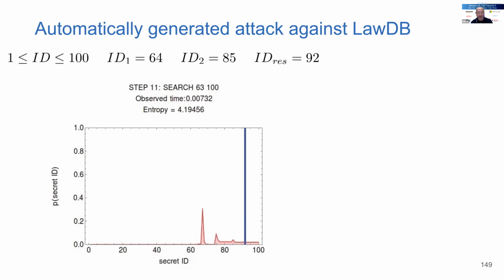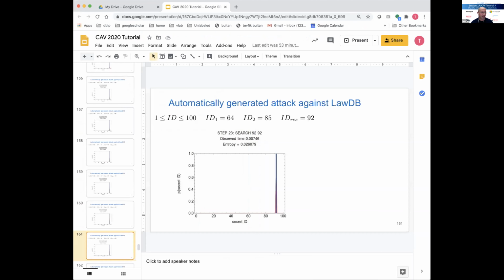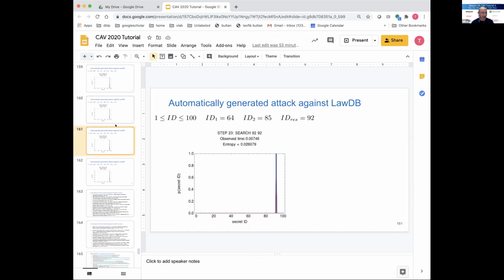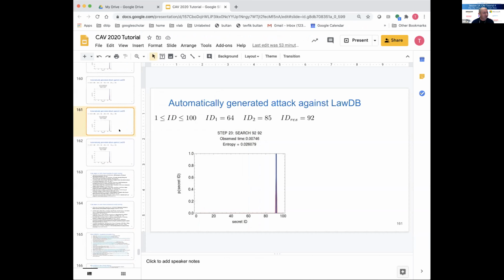Eventually it does another query and realizes that there was some noise and its initial guess was wrong, and it slowly converges, not very slowly actually, in 25 steps, it converges to the secret and reports the secret. So this is kind of scary, that you can do this kind of stuff automatically. I told my students many times, if we really succeeded in making this very practical, we may get a call from NSA saying stop doing research on this. But so far, scalability is an issue, but I think we can scale it better and better.